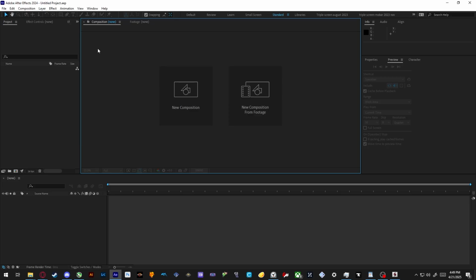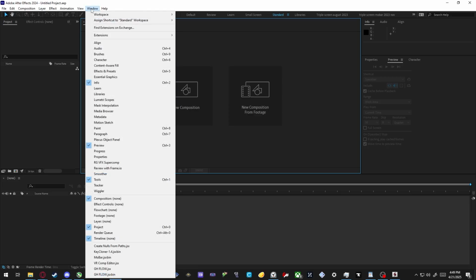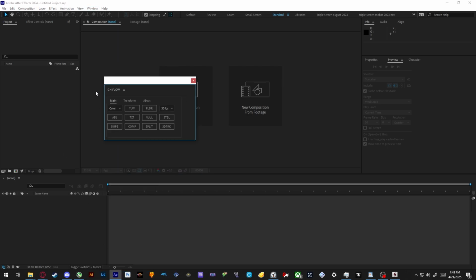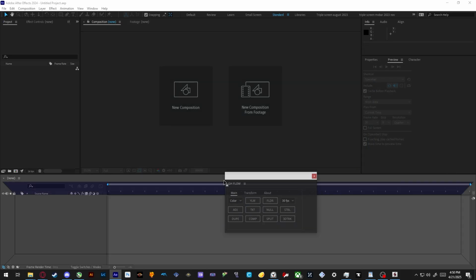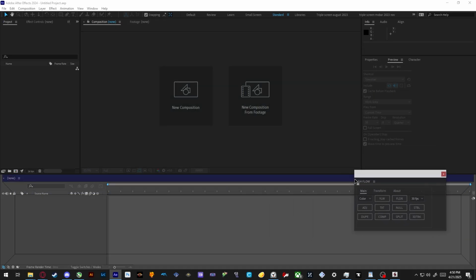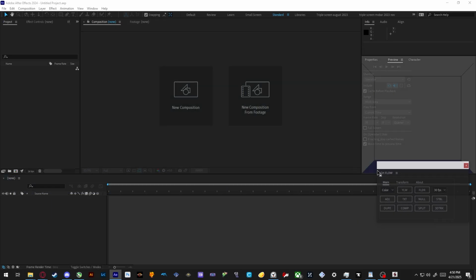Okay, so once you restart After Effects, you're just going to come up to Window, go down to ghflow.jsxbin, click that guy, and it's going to open up an undocked panel here. In order to integrate it with your After Effects interface, we've got to grab where the name is. You can see it'll start having these bars open. You just have to drag it to a good spot you think fits, and I think I'll put mine right